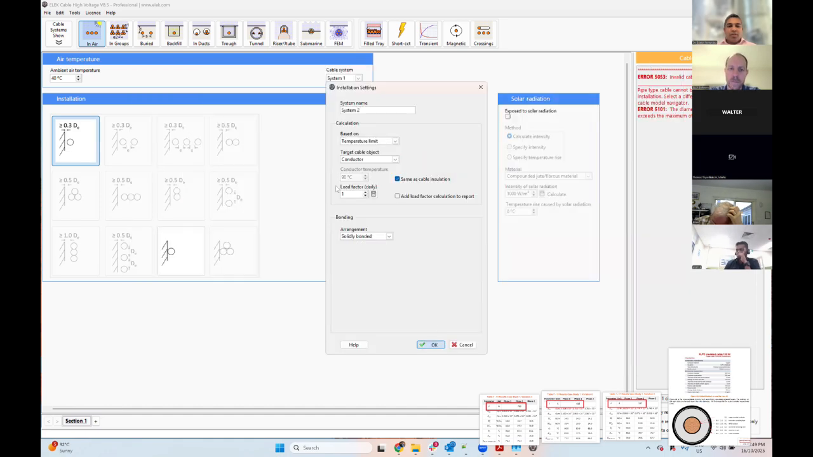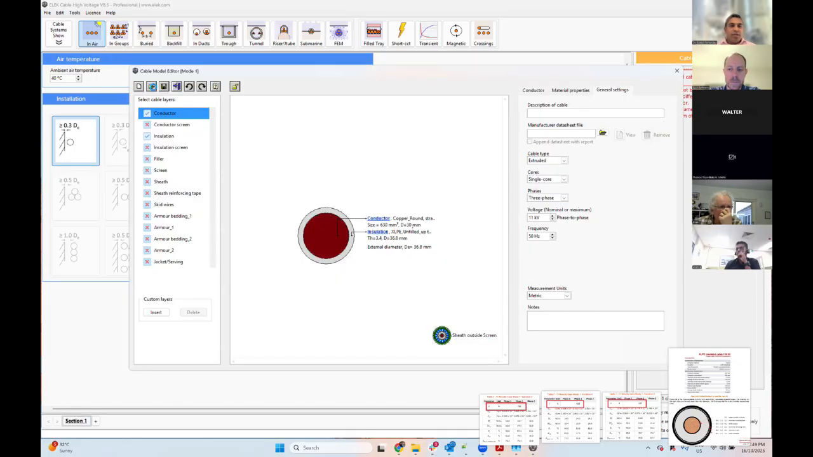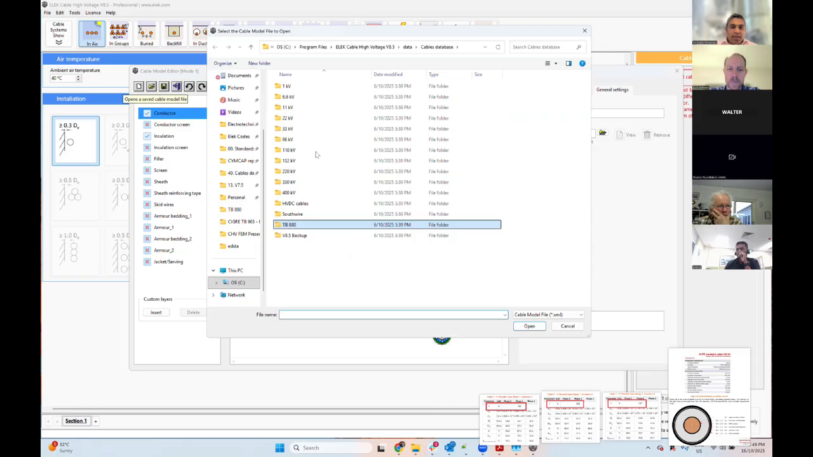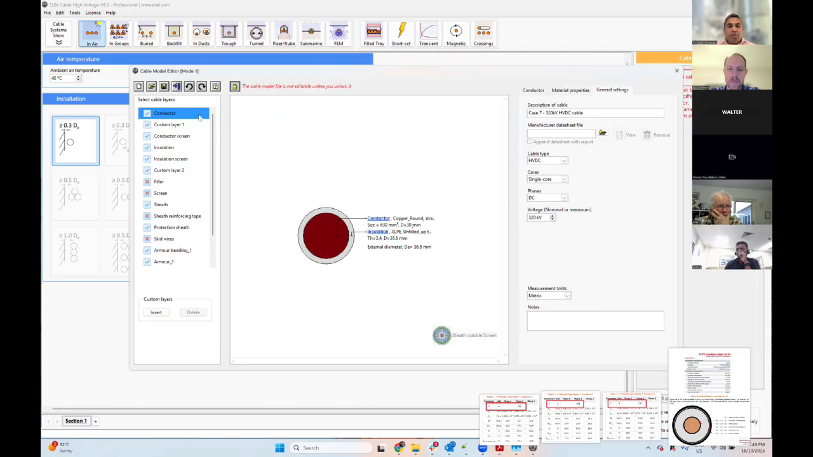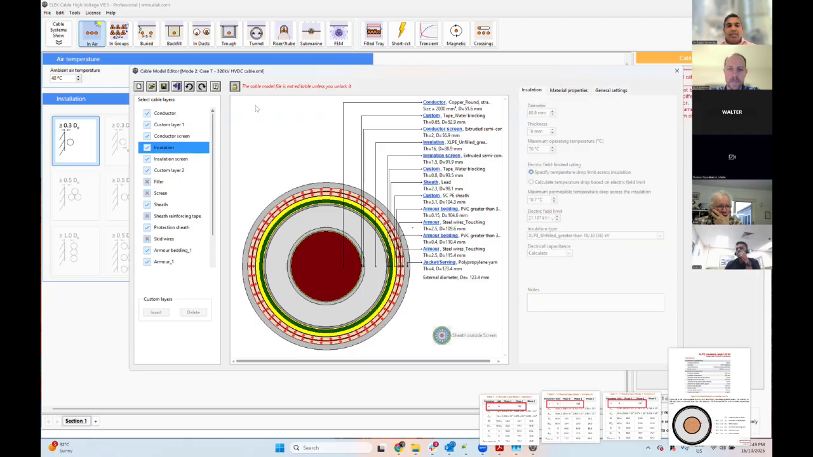About the DC cable. Just give me a second to bring that up. The DC cable is important here because we have one extra constraint in a DC cable, which is the temperature drop across the insulation. This temperature drop restricts your cable ratings. And in our software, we have methods to calculate it. If you know the stress of the cable or insulation stress, then we can calculate the temperature drop across insulation,